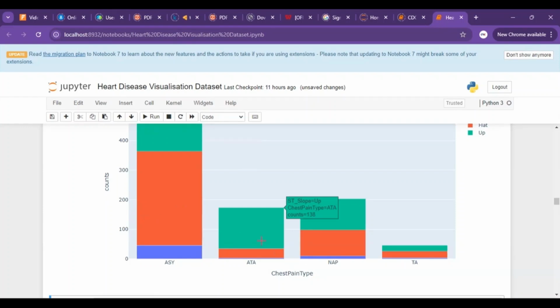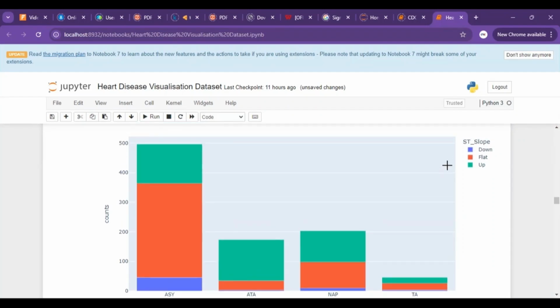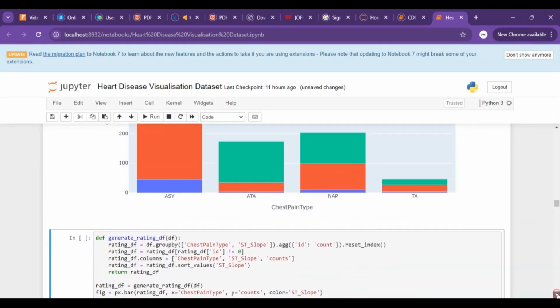So this is your count. That is now your index, and this is your chest pain type, and the ST slope is what you have used, and it is arranged as stack, just as what you have said. Whatever you have said there is what is going to appear here. So the next thing is,